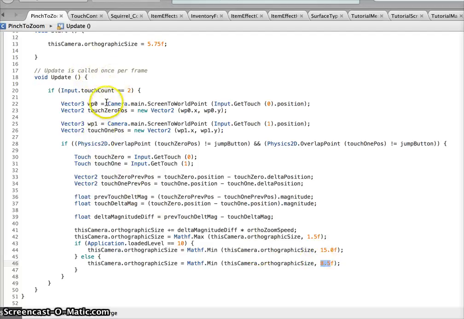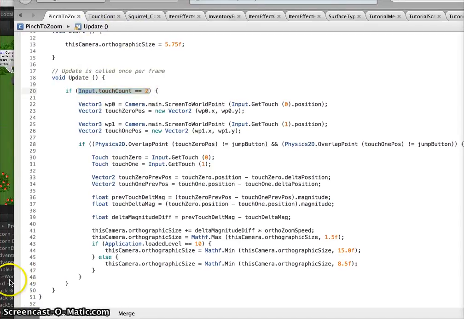Now, one of the problems with the multi-touch is that the jump button also uses multi-touch, and one of the things that I was noticing is that as you would use the move pad and the jump button, it would zoom in and out